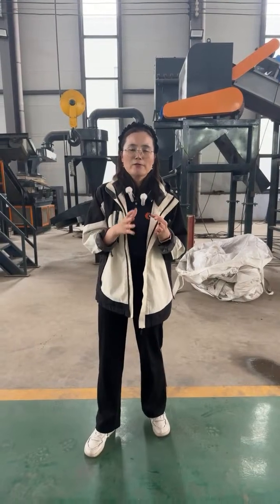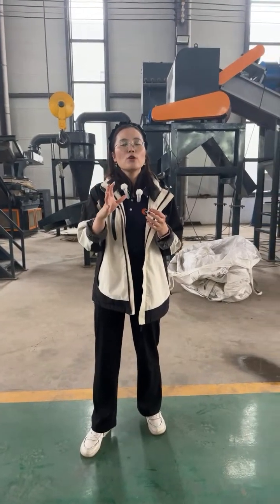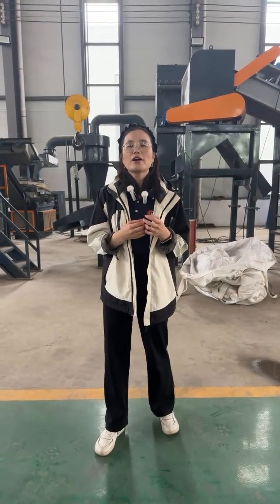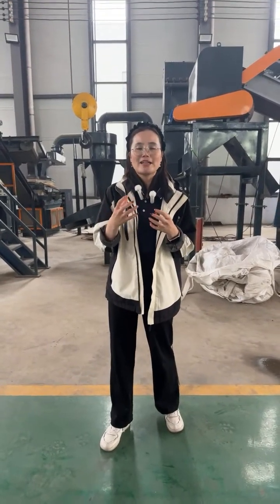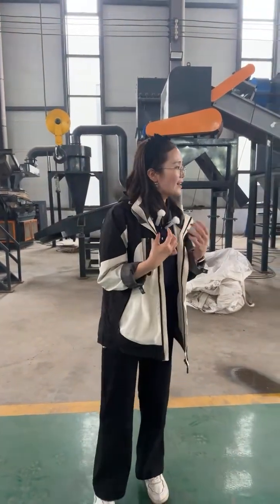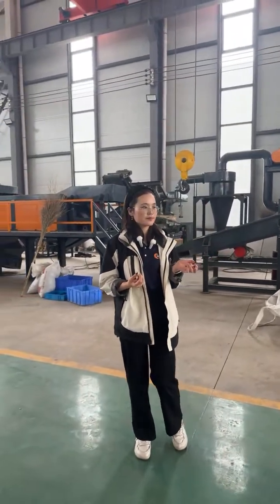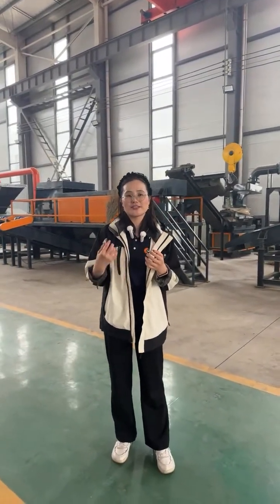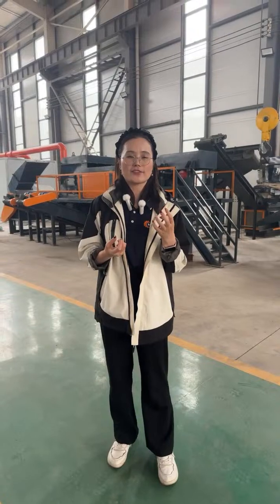So it will be easier for you to sell them to the metal factory to melt them and get the metal ingot. Or you can melt them directly to make other metal products like aluminum products. So that's why we need to use the shredder and crusher to recycle them. But if you have other materials that I didn't mention just now, you can send us inquiries. We will check with our technician and show you the